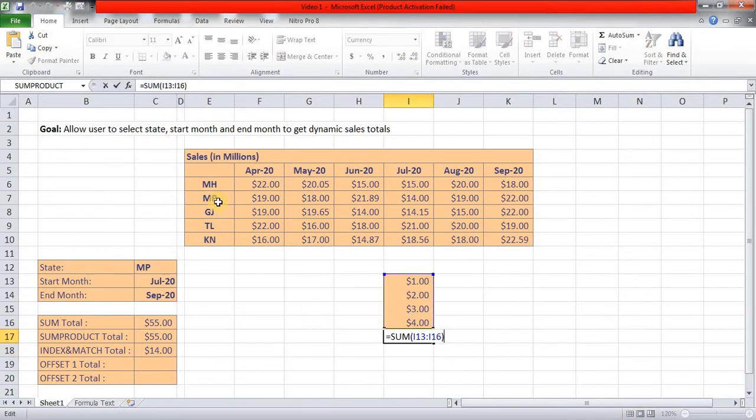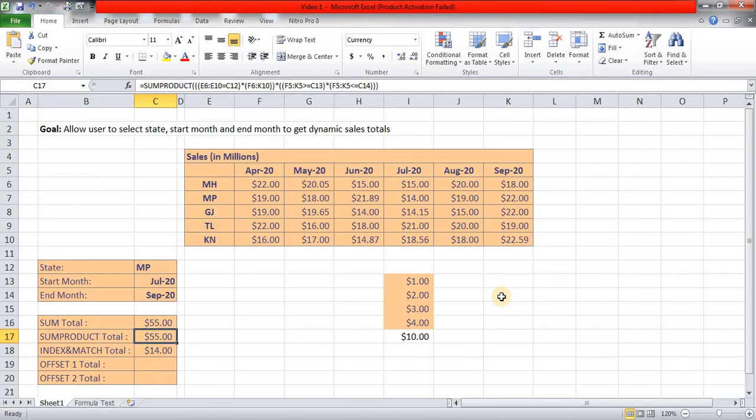But the moment we selected that range, Excel has automatically put this colon, so as to denote that the user is interested in selecting this entire range. So all the cells or all the values which are appearing between I13 to I16, both cells included, are to be summed up, and we will be using the same logic in index and match. So I am just pressing Enter, and in index and match, now we are having this start month cell, that is July month cell for MP.